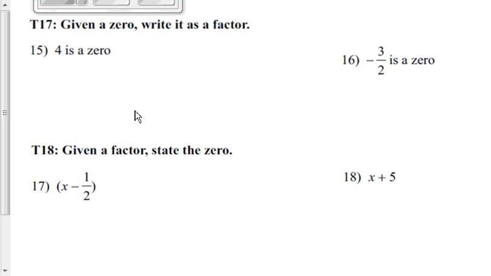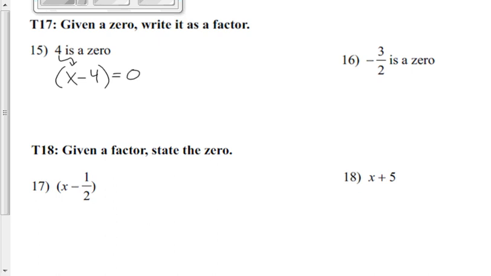All four of these questions I put together because they are all very fast and very much related. So for number 15, if 4 is a 0 and we want to know what factor that would be, that's simply going to be x minus 4. It's minus 4 because the question is, what would it have to be so that if 4 was plugged in, we would equal 0. So in this case, it'd have to be x minus 4 to be 0. So it's just that. If we know the 0, basically we write the opposite of that number, and that's going